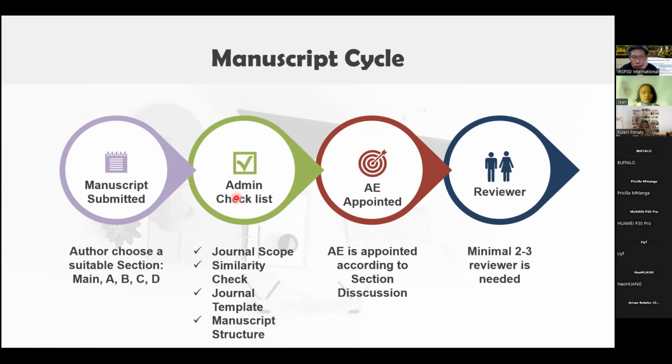And after this, if it is all okay, then the chief editor will appoint an associate editor, according to which section your paper belongs to. And after that, the associate editor will appoint the reviewers.